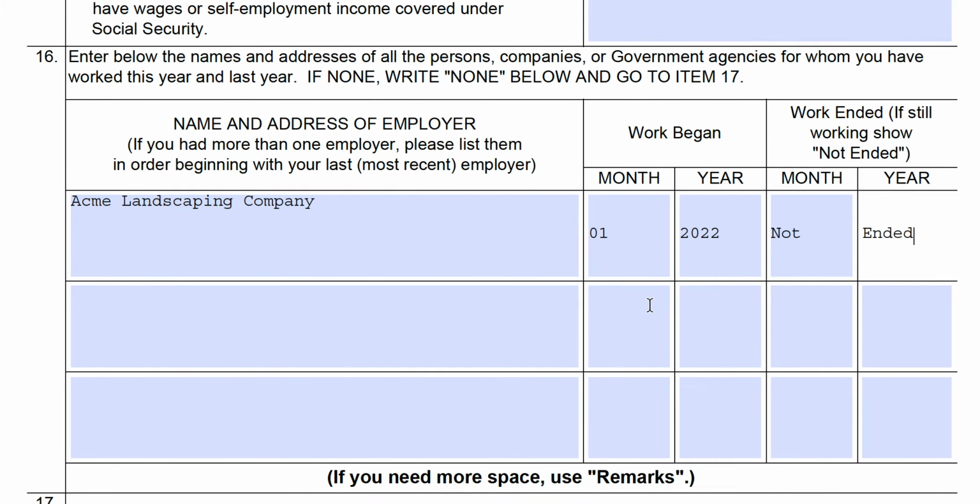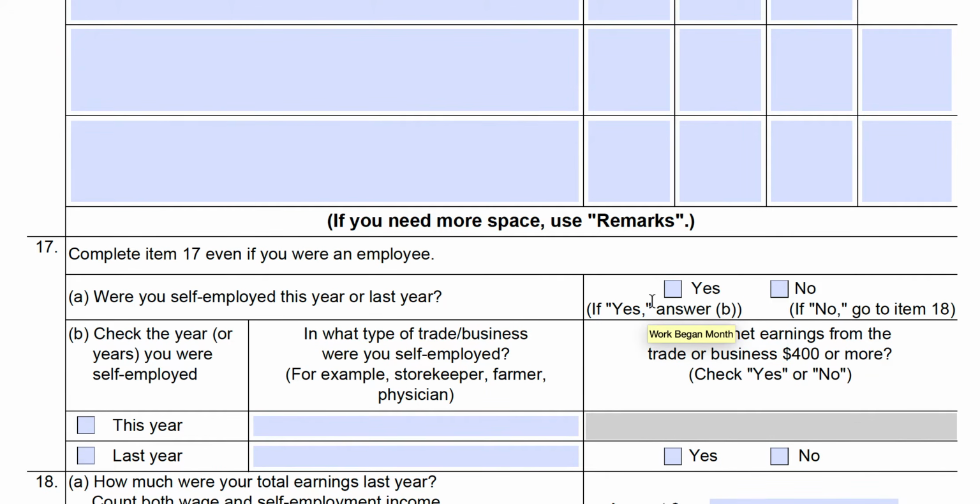Turns out that that's where he threw out his back, and that's why he's filing for disability. So line 17 would be for self-employed income. He was not self-employed, but if he had been, then you would say what he was doing. He was a self-employed landscaper. But since he was employed by another company,